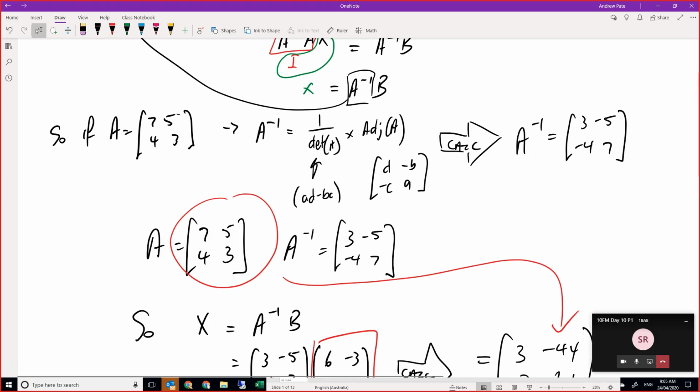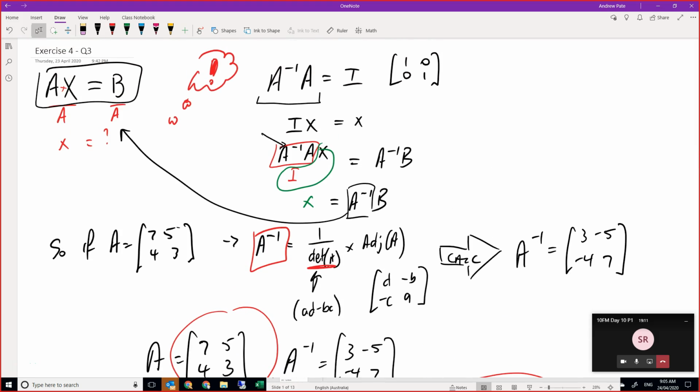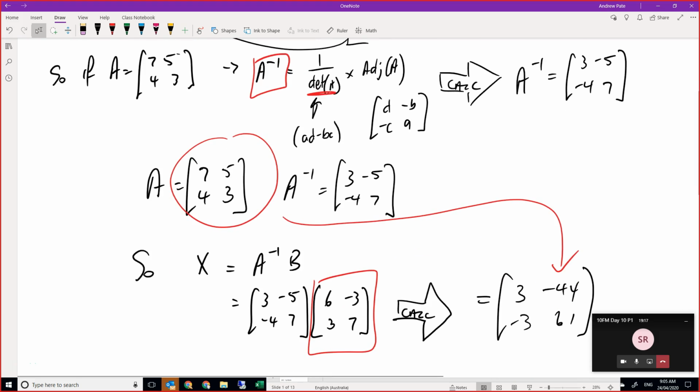So the point of finding the determinant is one step in finding the inverse of a 2 by 2 matrix. Finding the inverse of a 2 by 2 matrix helps us do this matrix arithmetic. All right, I'm just going to